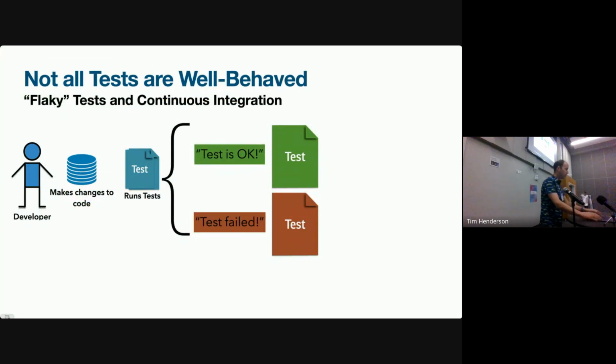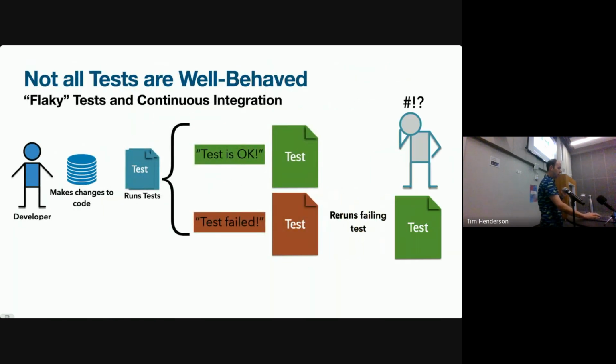So not sure if we need an introduction to flaky tests, but here's the 30-second version just in case. When we make changes to our code, we run some tests to determine whether or not those changes introduced any bugs. If our test passes, we say that's great. If our test fails, we probably can also still say that's great because at least we found the bug. But what becomes challenging are these flaky tests, where we see that the test failed,